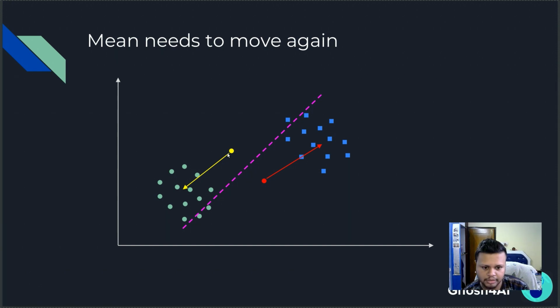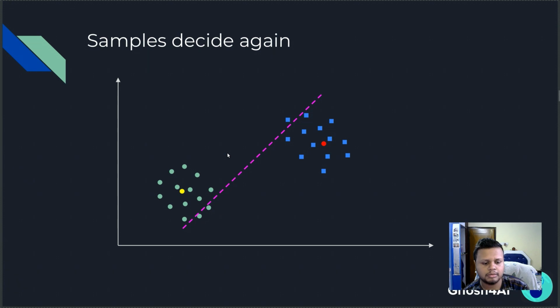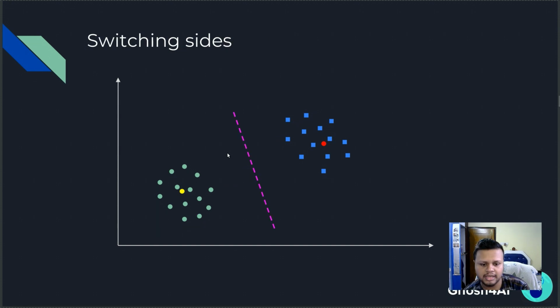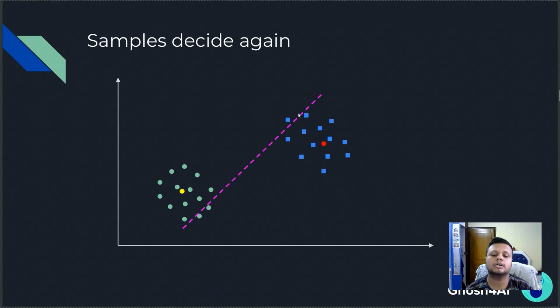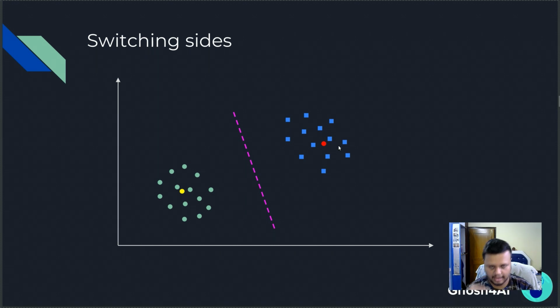and this will continue, keep on continuing. They will move, change their position, they will go to the center of the samples that belong to them, and again some of the samples will get reassigned because the captains have moved, or the mean position has moved. Now they are nearer to a different mean position, so again the hyperplane will shift to a direction which is in the middle of the two captains, and again some of these samples have changed, switched sides, and again this